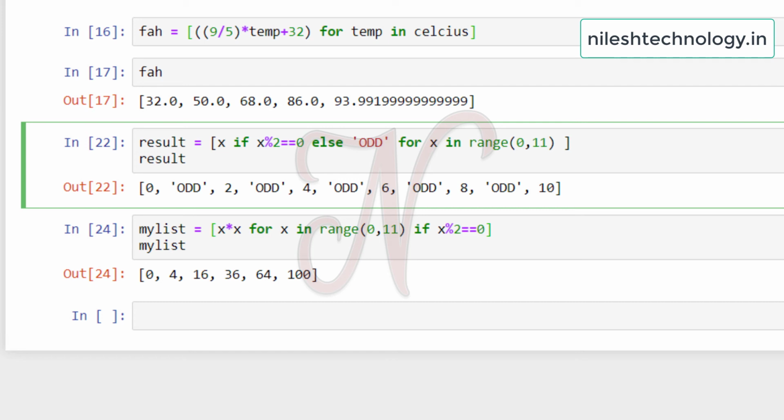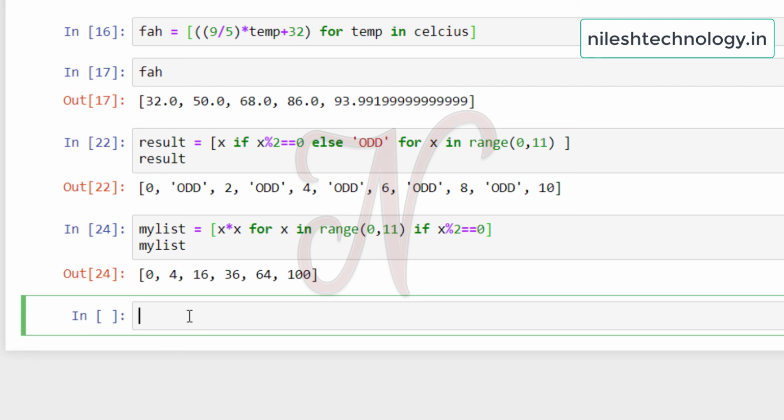Okay, so one last note I want to show you: you can also do a nested loop in list comprehension. First let me show you what I mean by a nested loop. We haven't actually seen a nested loop yet. See the first simple example.